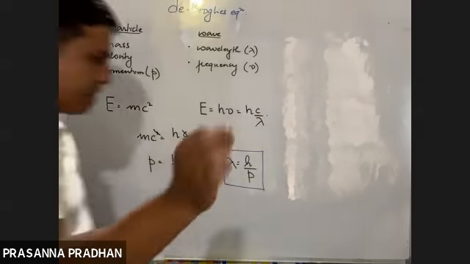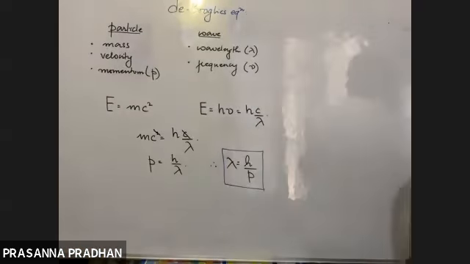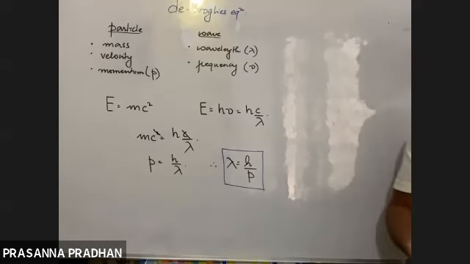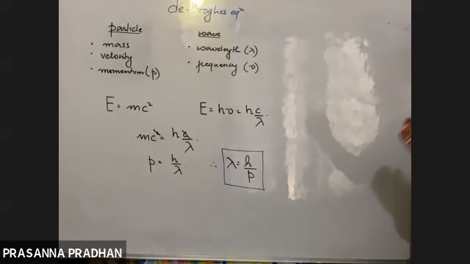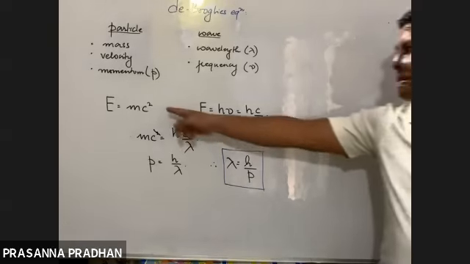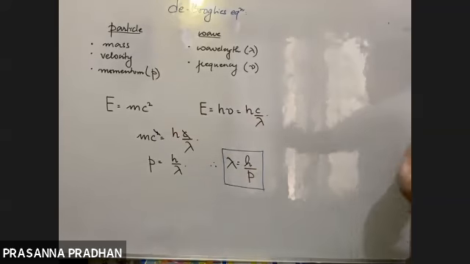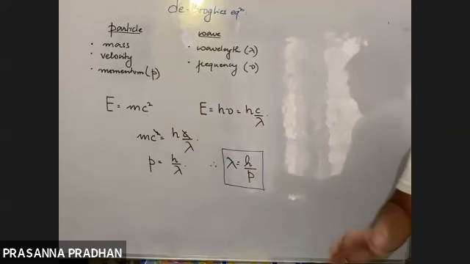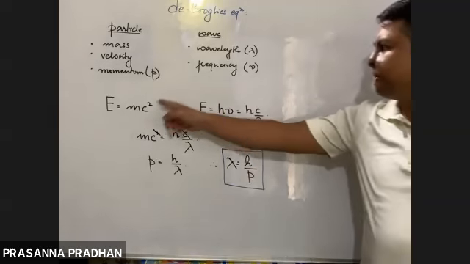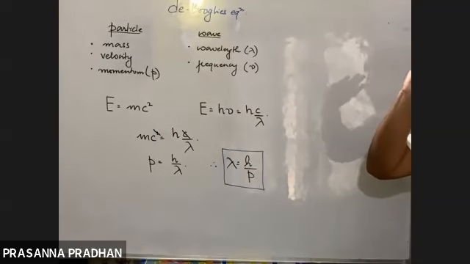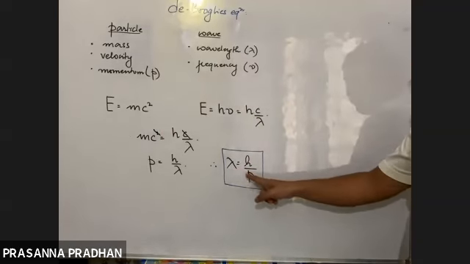Sir, why is velocity not denoted by v? It's just a symbol; if you want to denote it by v, you can. But normally the velocity of light is denoted by c, and the velocity of a particle is denoted by v. So you can denote it that way, c just denotes a velocity.